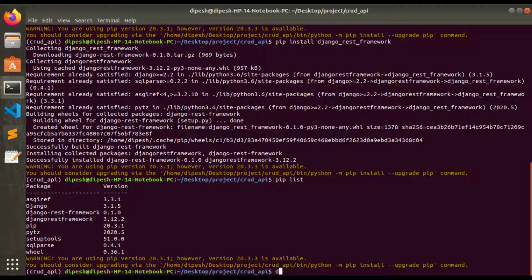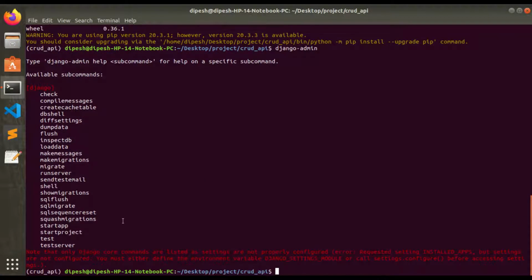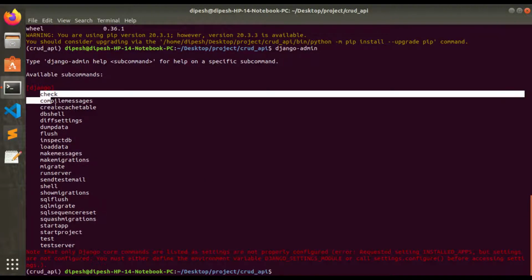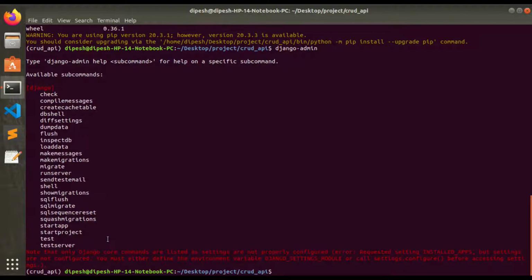So let's look at what types of subcommands are present inside django-admin. These are the subcommands which we can use for various purposes inside Django applications.